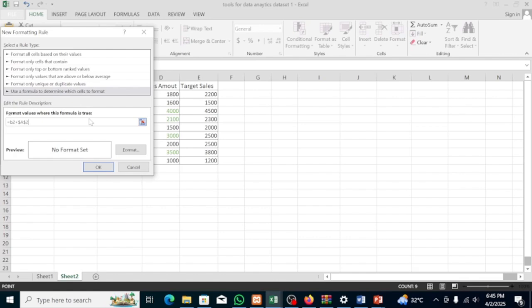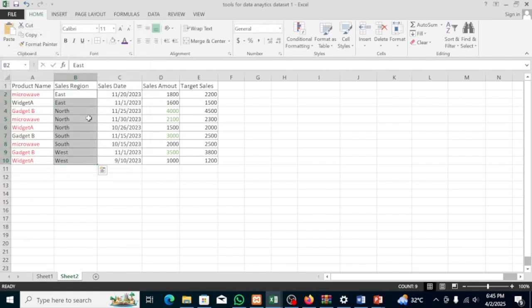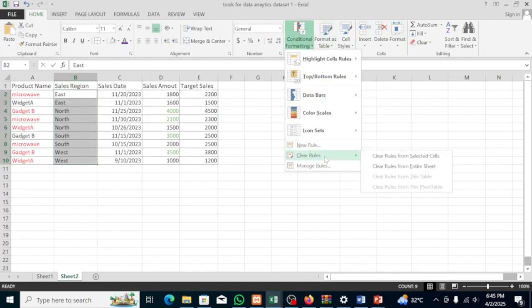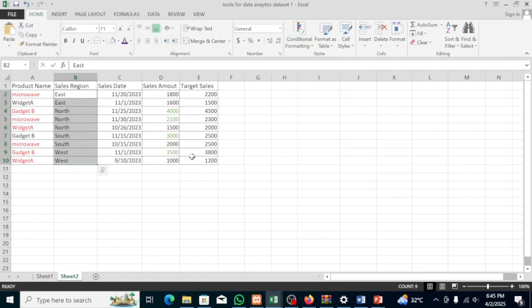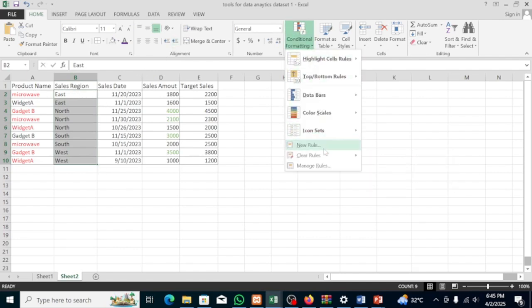the dollar sign. No, not this yet. Equation sign, then the dollar sign, B2 being the first, is equal to quote North. Oh, okay, let's go back. Let's clear rules. Why? Because we did not indicate the color. So we clear rules from the selected cell, and then since it's still highlighted, we'll go back, new rule,